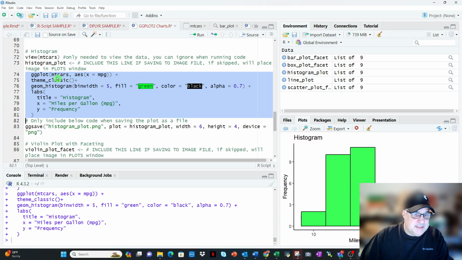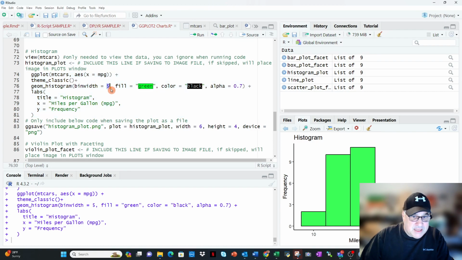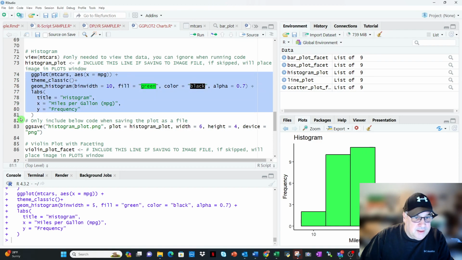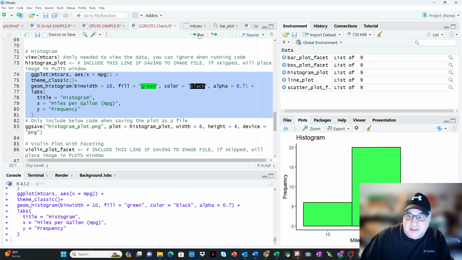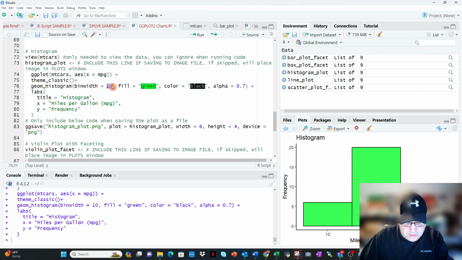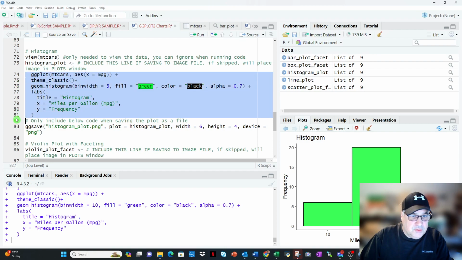And then the aesthetics, in this case, it's the motor cars. We only have the X on the bottom, X equals miles per gallon. But since we're using a histogram, we're using a bin width of 5. If I wanted to make that 10, you'll see it'll get smaller. And this is all functionality that you should be able to master. And 10 is looking a little too big, but let's say if I wanted to do 3,